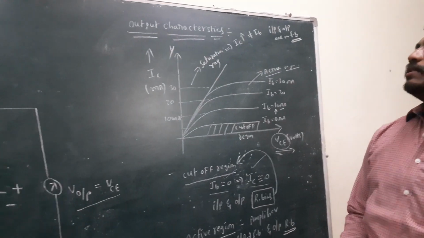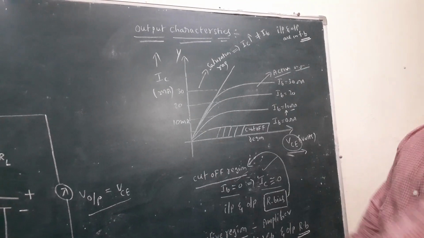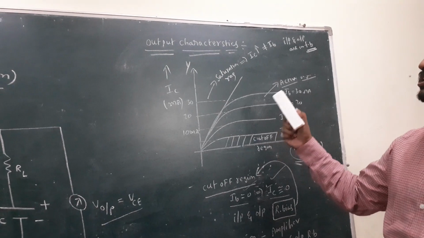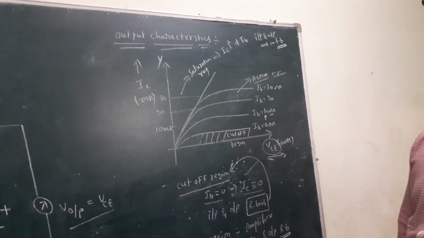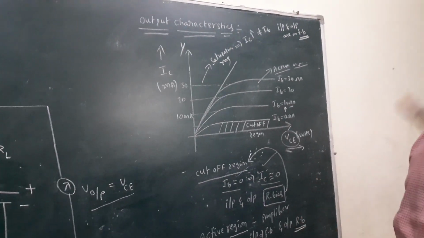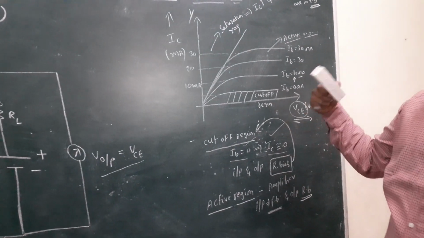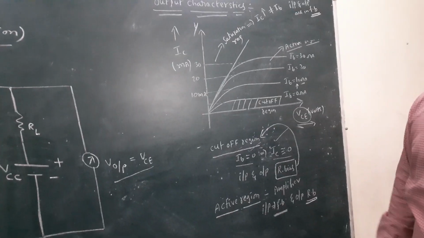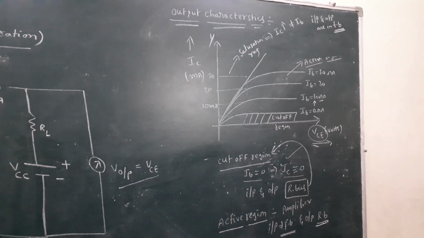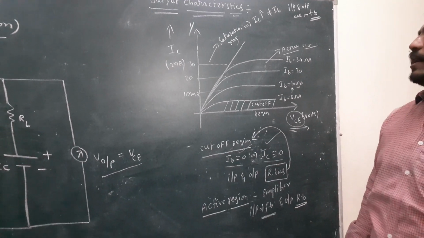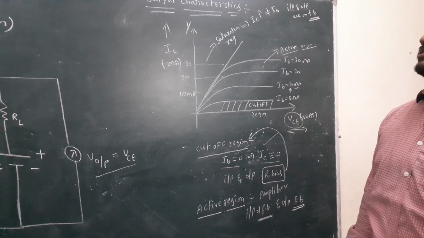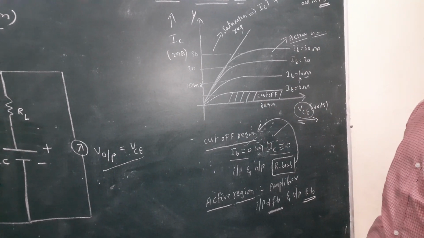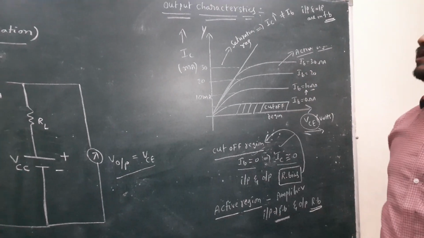Nana, here in the output characteristics, the graph is divided into how many regions? 3 regions. What is the first region? Cutoff region. Cutoff region means input and output both are reverse bias. That means IC 0, automatically IB also 0. In the active region, small changes in input produce large changes in output. In the active region, transistor works as an amplifier. In this region, input is connected to forward bias, output is connected to reverse bias.